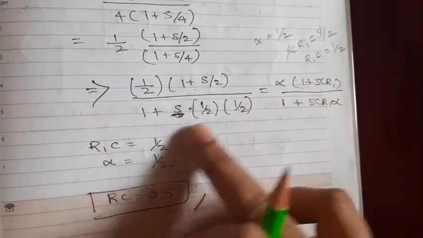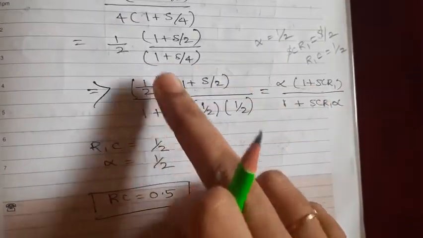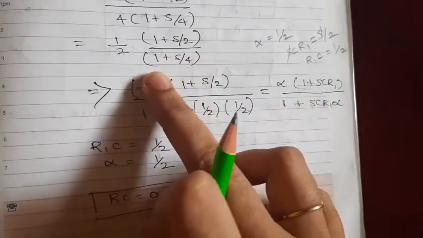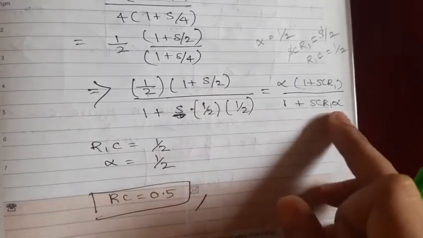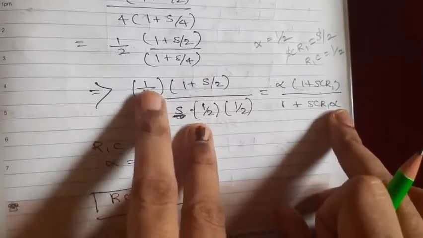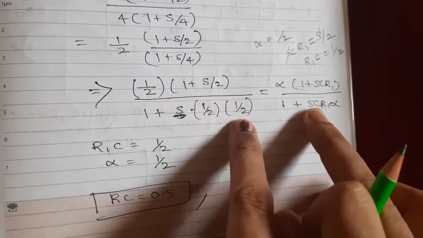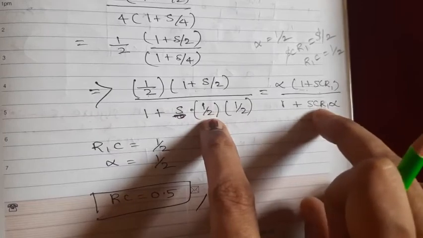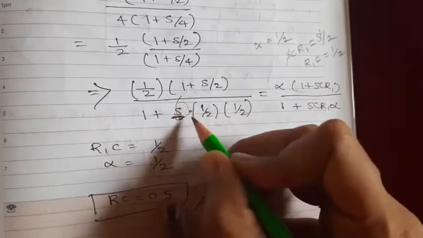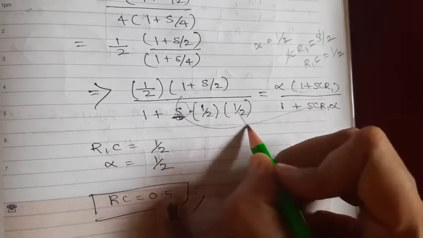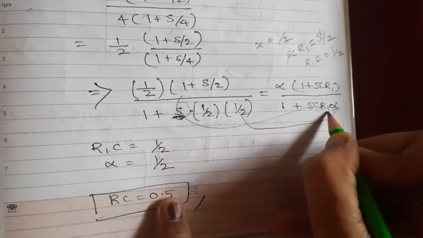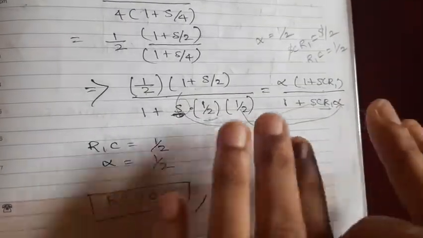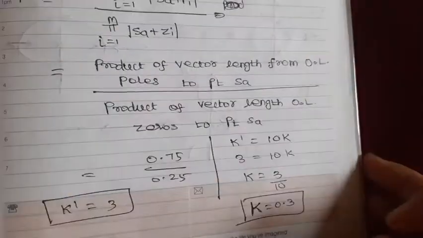Here also we will see in the denominator, we can check 1 plus S into 1 by 2 into 1. So already the alpha value is 1 by 2, we know from the numerator. So what is remaining? S, alpha value 1 by 2. Then S is common. Then R1C. See, S common, then alpha 1 by 2. What is remaining in the denominator? R1C. R1C value is 1 by 2. Okay, simple. For that we need to know the transfer function of phase lead compensator.